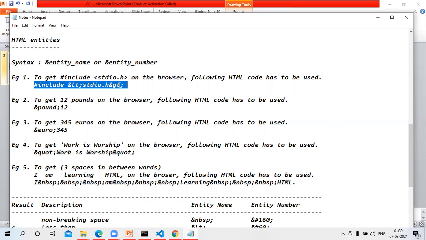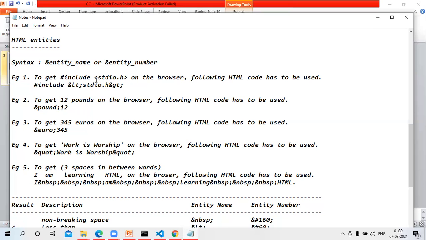LT stands for less than, GT stands for greater than. The browser will look at this entity, ampersand LT semicolon, and replace it by a less than sign. Similarly, the browser will replace ampersand GT semicolon with a greater than sign.